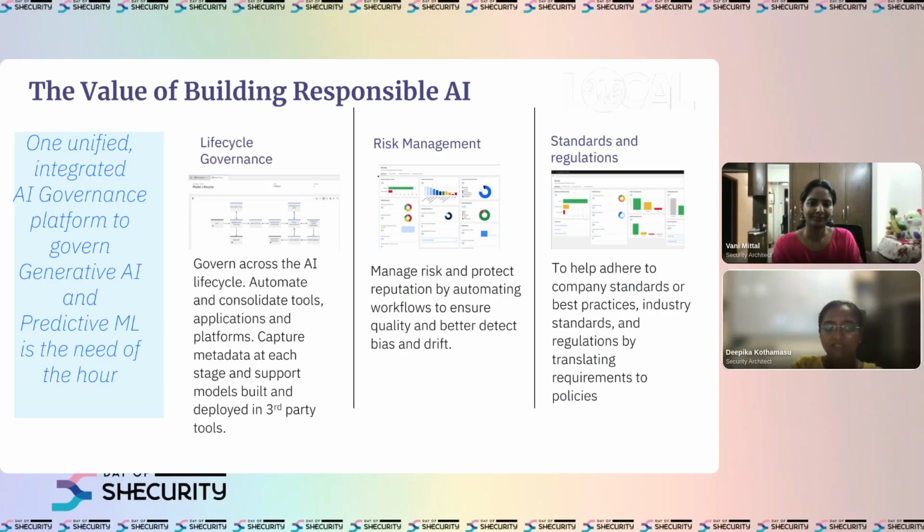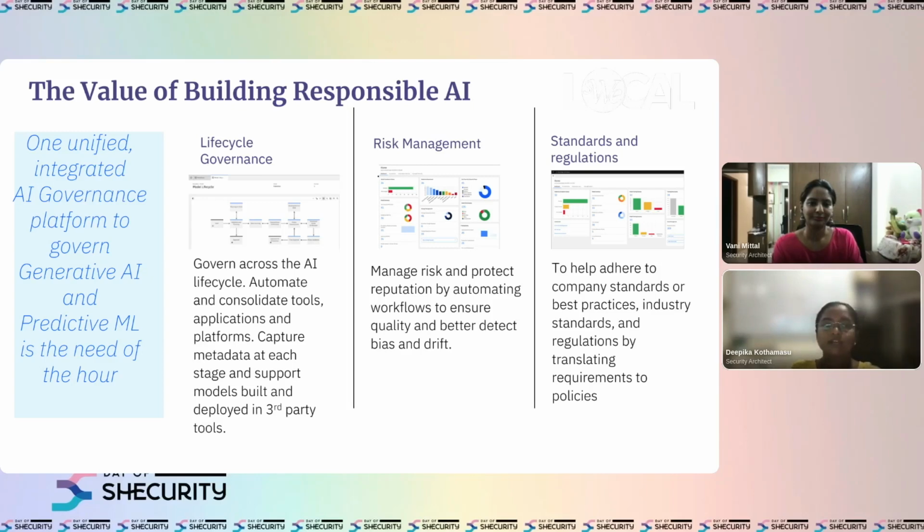Okay, so thank you. When we talk about the elements of building responsible AI, empowered with AI governance, there are three stages to it. One is lifecycle governance, which is like a parent guiding the child throughout the stages, even though the child can think on its own. So making sure that tools and data come together to keep track of everything. The second portion is risk management, wherein problems can happen, but there should be somebody qualified who can oversee that and catch any bias or changes that could cause trouble. This is the risk management portion, which should be taken care of by AI governance.